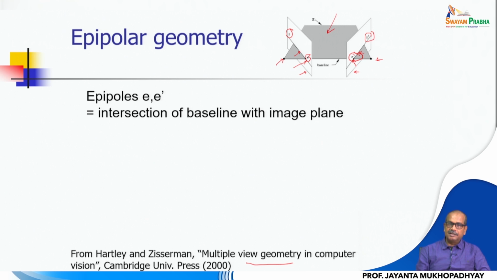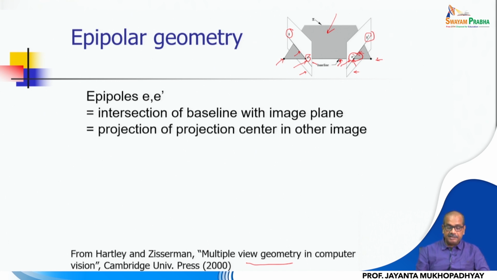That is the definition I have mentioned also earlier. So this is the baseline. So it is intersecting. You can see that it is the intersection of the baseline with the image plane. You can also say it is a projection of this, which is basically the camera center. Instead of projection center, it is more suitable if I write camera. It can also be called projection center with respect to perspective projections. But let me just call it camera center in this context, so that it becomes more related to the